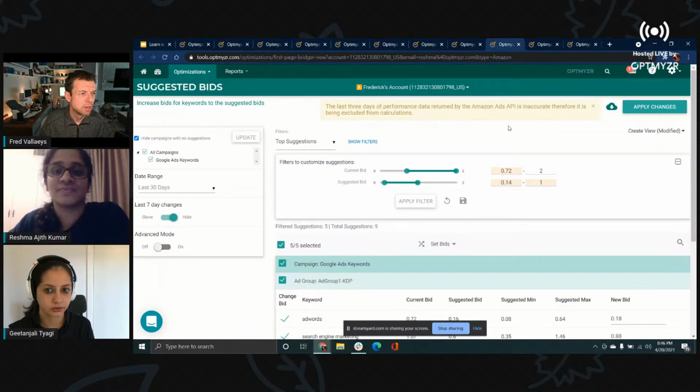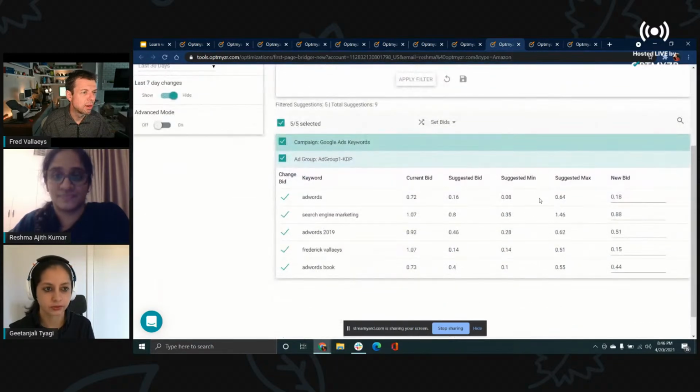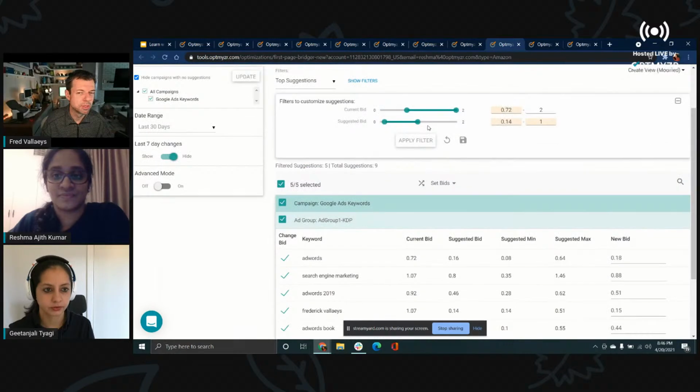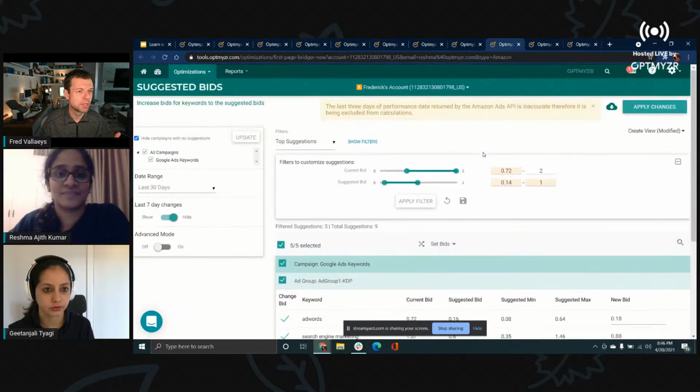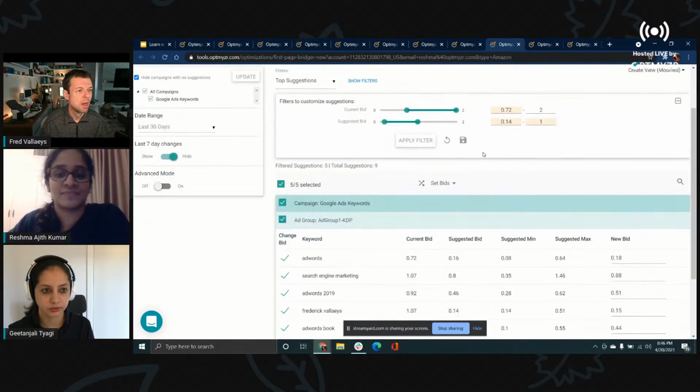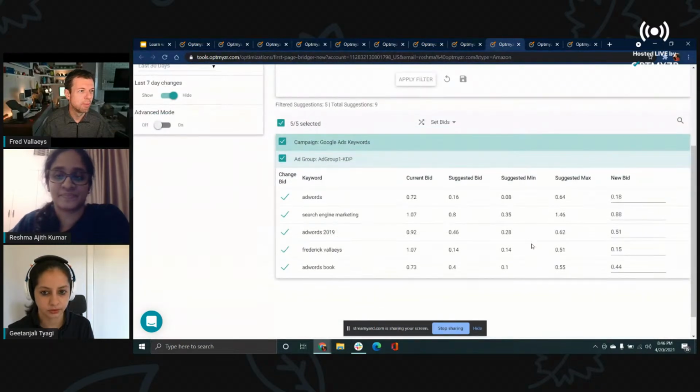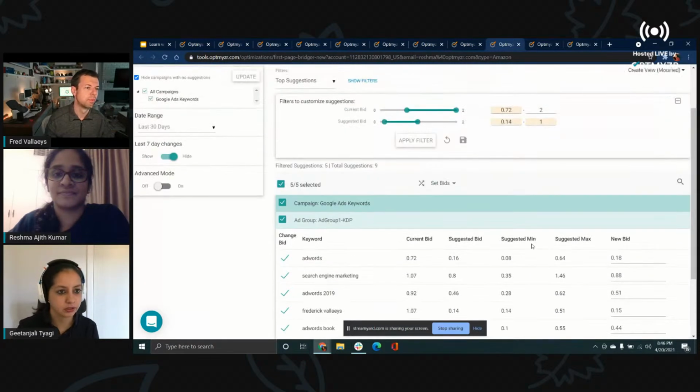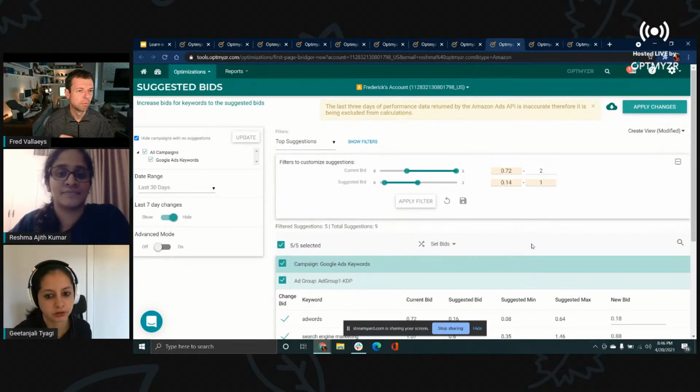Right, so you could take the suggested minimum, but go a little bit above that, rather than taking the actual minimum that Amazon suggests. And by the way, I think most people are familiar with how Amazon does it, but these suggestions for min and max are from Amazon itself. So what we're doing is putting those on the screen and making you build a workflow around it. By default, we recommend bidding 10% higher than the suggested bid, which automatically puts you above the minimum, but not right at the top with the suggested maximum.